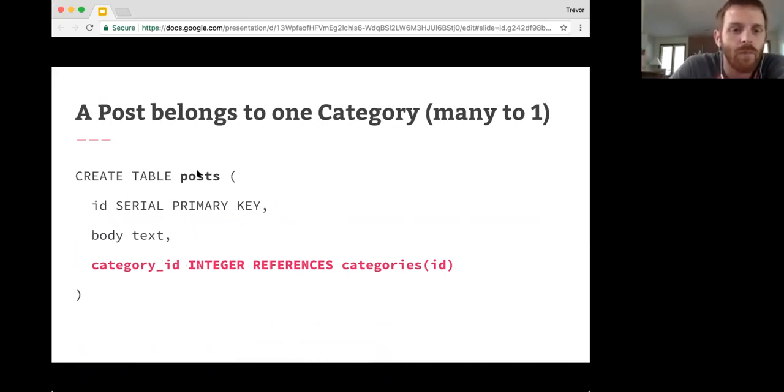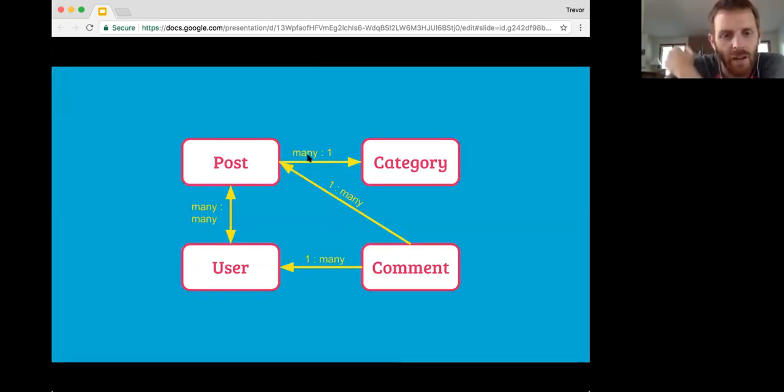Right? And each post can have its own category ID, so that allows us to point many posts at a single category. If we look back at the diagram here, you can see this arrow has a direction, right? Many posts to one category. So a way to remember this is if you have an arrow pointing out of post going to category, if you have a many to one relationship,